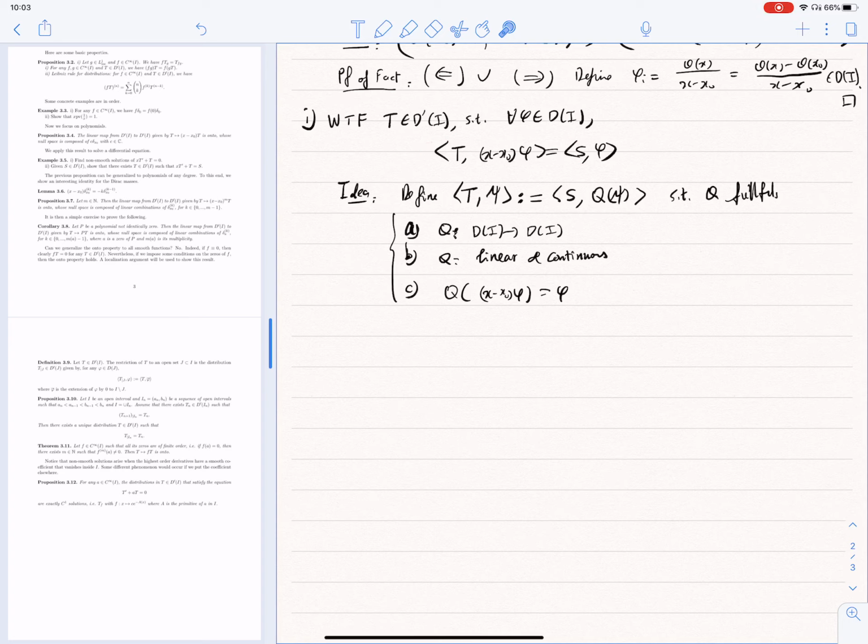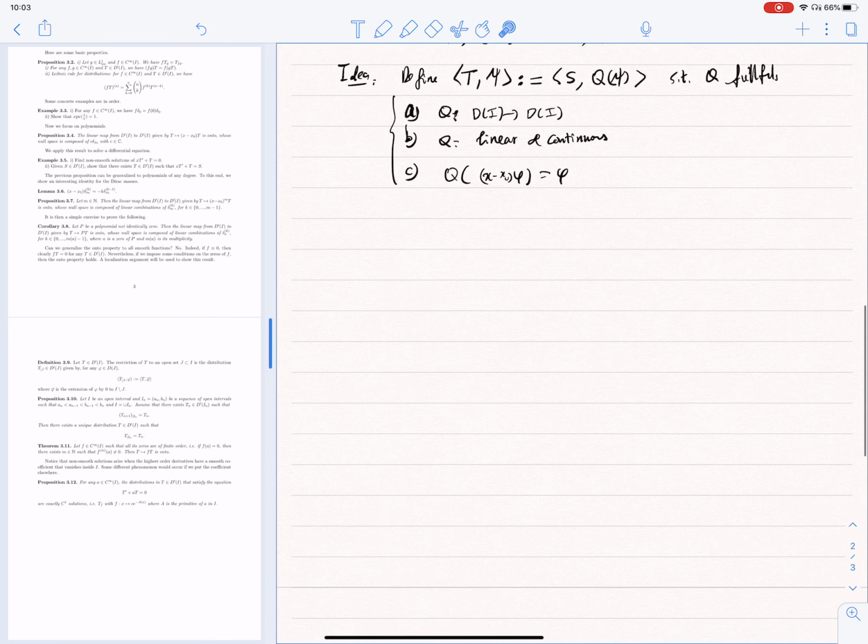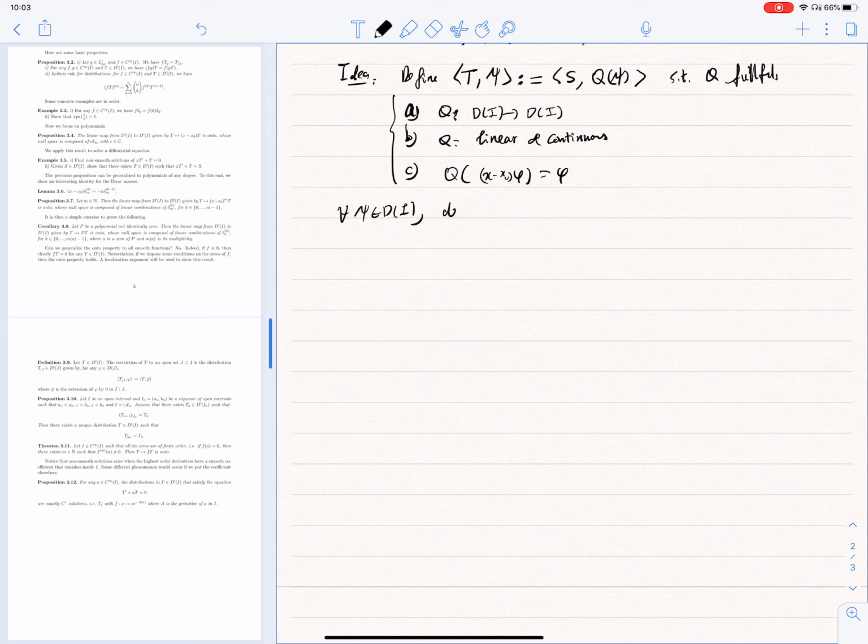The proof is very similar to when we showed the onto property of a derivative operation on the space of distributions. So let's do this. The third property actually is the most informative, and from the third one, we can already guess what this Q should be. So for any psi test function, we define Q of psi to be, let's put in here, Q psi of x